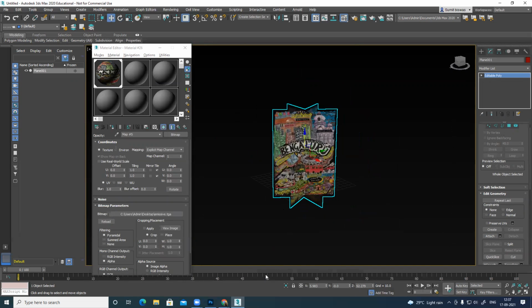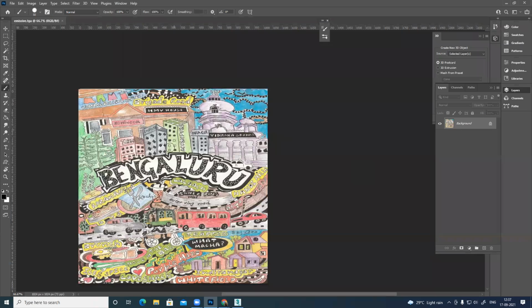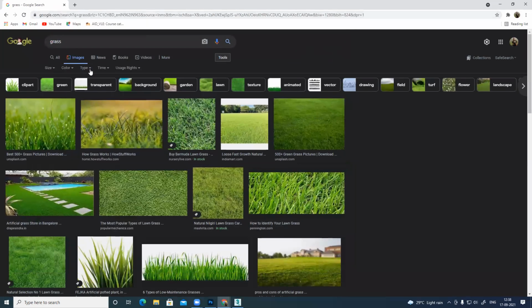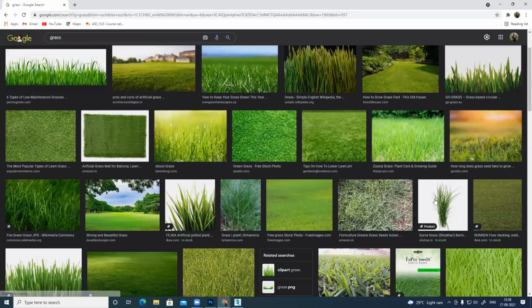Now, if I want to create a grass, what I have to do is, this is my texture. Let me download a grass texture only. Grass. Image. Tool. Large. Okay, let's see.